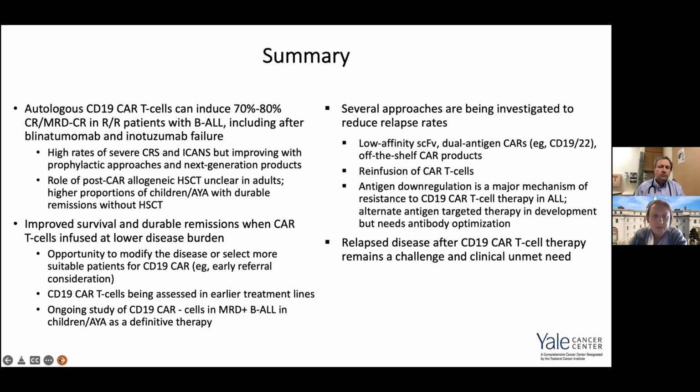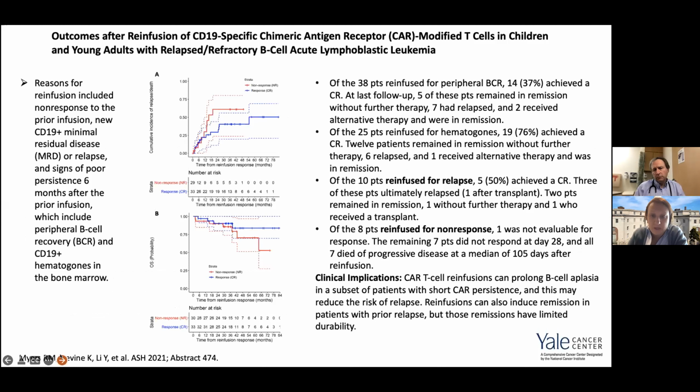So this has already previously been published, but to point out what was interesting at ASH is that patients are relapsing mainly because they're losing CD19. And so a lot of effort has gone into finding ways to mitigate that risk, either by giving dual CARs like CD19/22, giving off-the-shelf CAR products, or by reinfusing CAR T cells in patients who may be at high risk of relapse. And so this was a study from CHOP at UPenn in children and young adults with relapsed refractory ALL. And they basically followed patients from the time of their first CD19 CAR T, and if they were minimal residual disease positive, if they relapsed, or if they saw that they had early B-cell recovery and or CD19 hematogones in the bone marrow, they basically reinfused them with the autologous CAR T cell products within 6 months of their initial